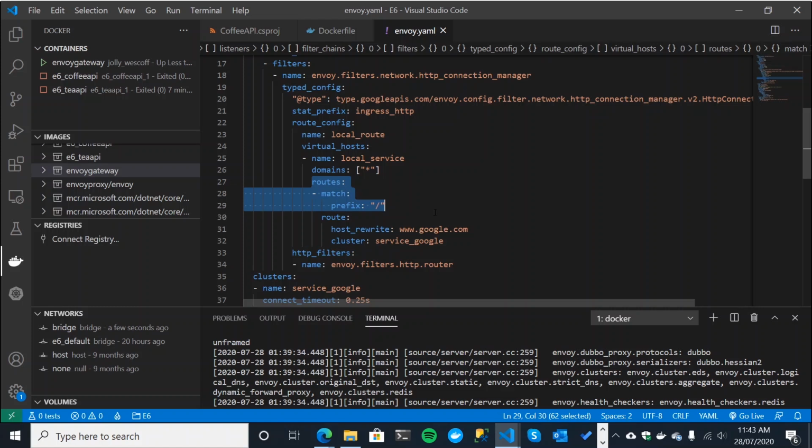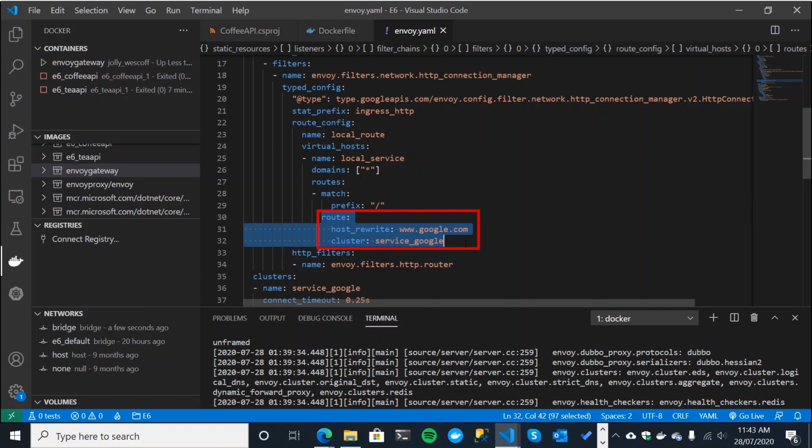When we come to routing to our APIs, we'll change this to look for specific patterns, and we will route off to our respective APIs. So this is the stuff we're going to change. But for this one, this is just the default, simple stuff, and then ultimately the route that's being specified. We're matching anything. We're going to do a rewrite to google.com, and then we route to this cluster.